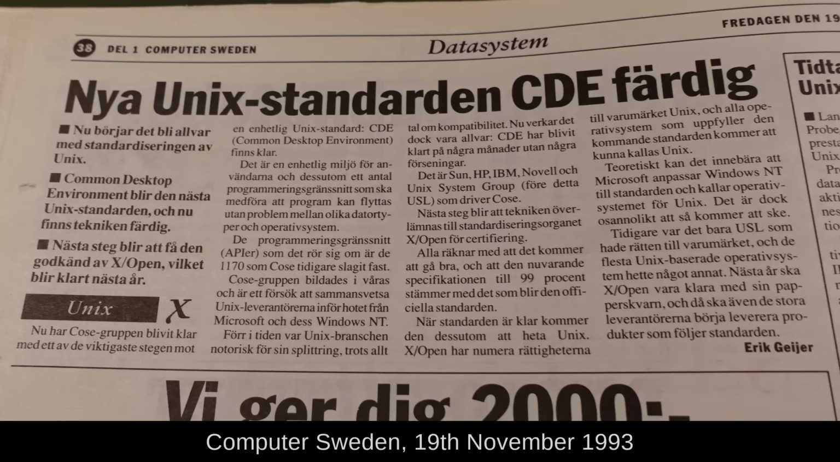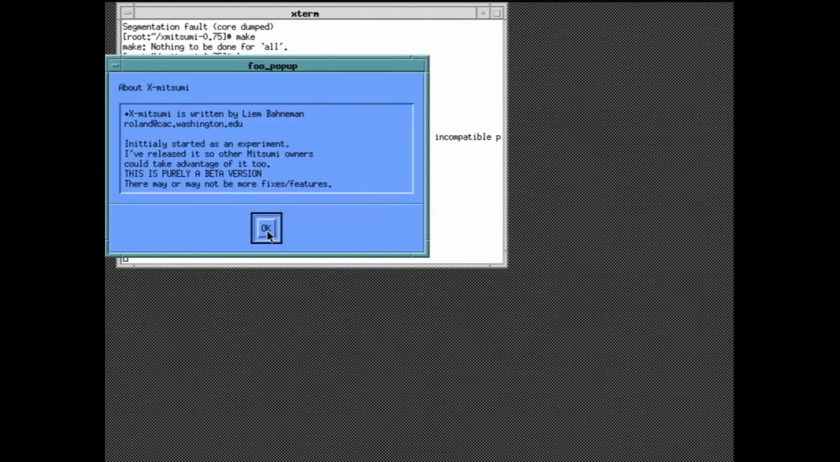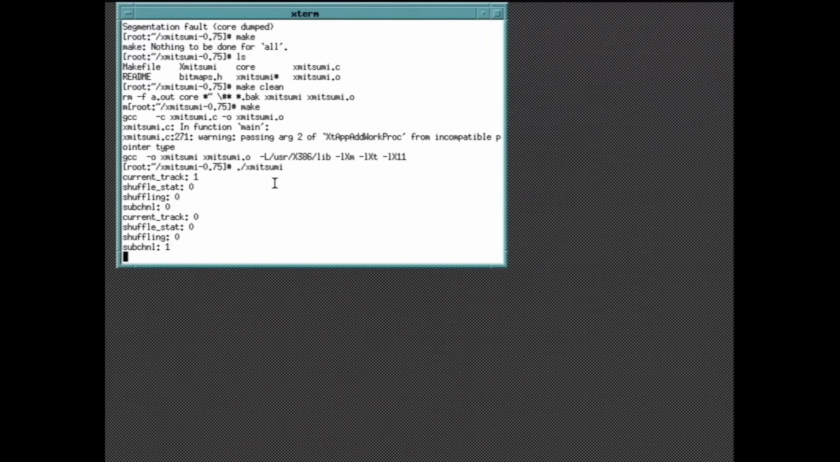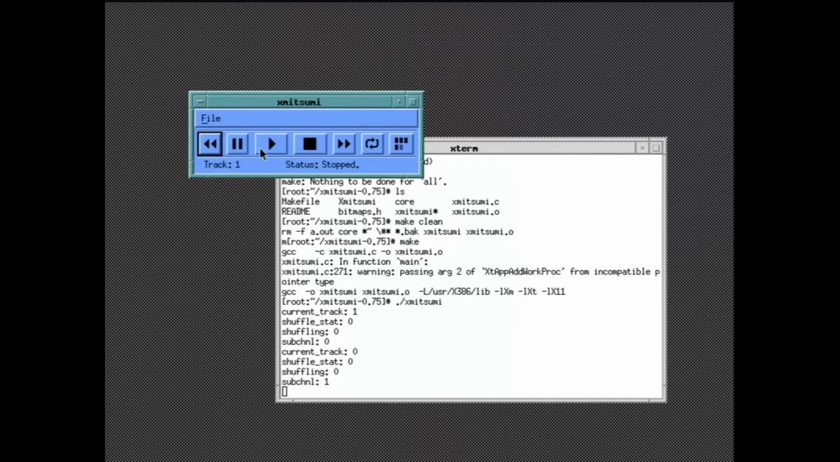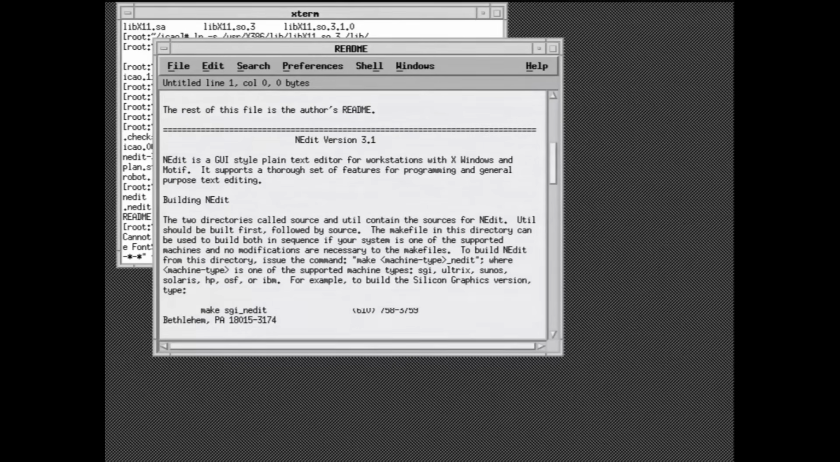The Motif Window Manager would later be included with the Common Desktop Environment on commercial Unix systems. Final standardization on CDE was just around the corner in late '94. Motif did gain traction even on Linux, and quite a few applications were made available using it, like this CD player made specifically for the kind of single-speed Mitsumi CD-ROM drive that I have, to text editors like this one,